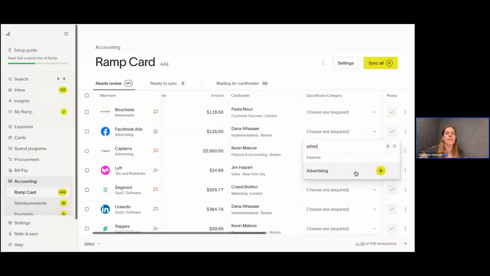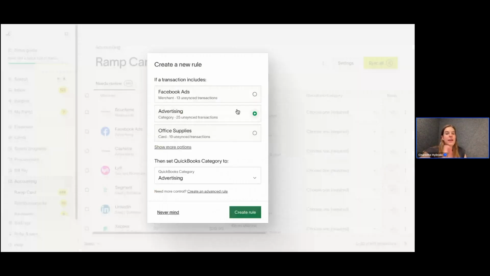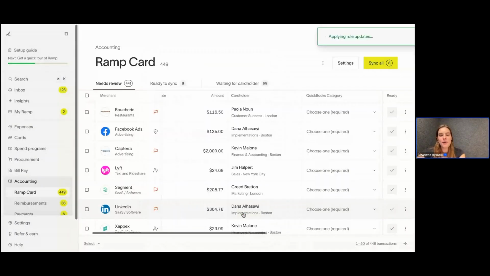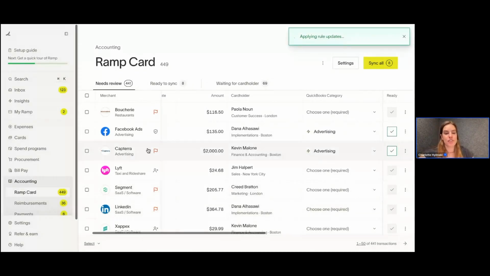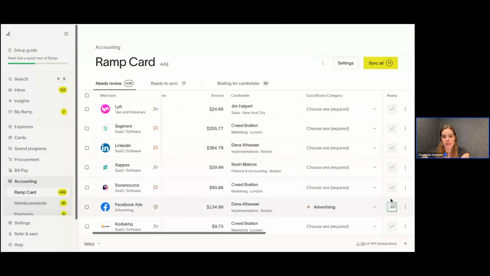Again, not clicking it on the individual transaction, but hovering over the lightning bolt. So I can say, okay, if the transaction includes the category, so the Ramp category of advertising, it'll be associated with or coded to the QuickBooks category of advertising. So I can create that rule. And now that should apply to any transaction at a merchant, doesn't matter which one, as long as it's categorized as advertising. So we have Capterra, we have Facebook ads, mark both of those as ready, Facebook ads, another Facebook ads,